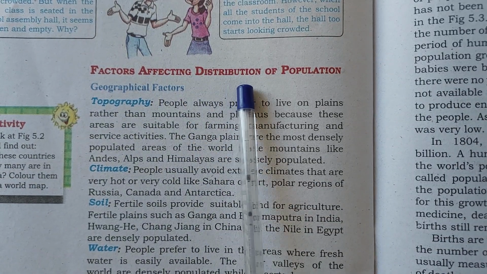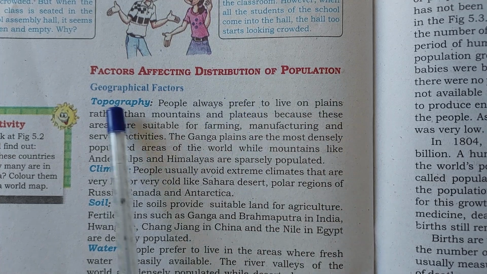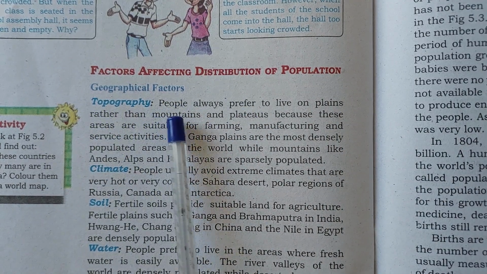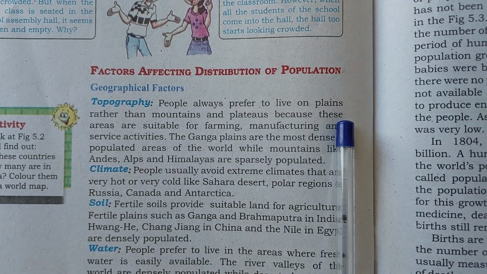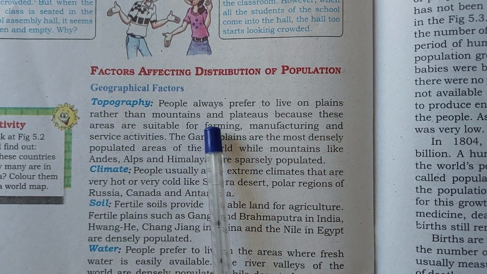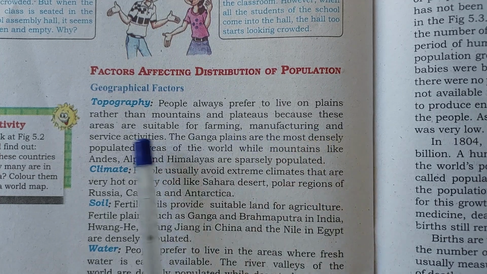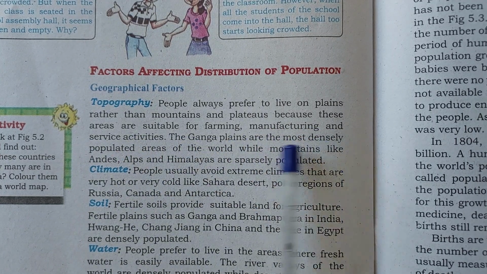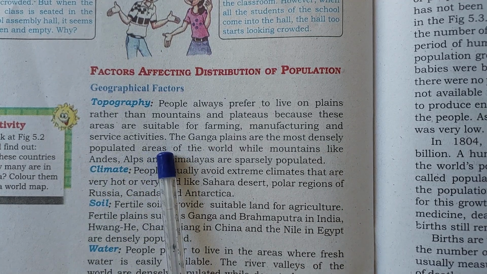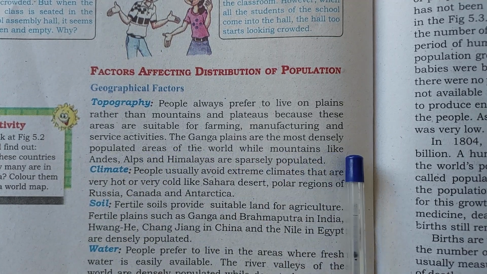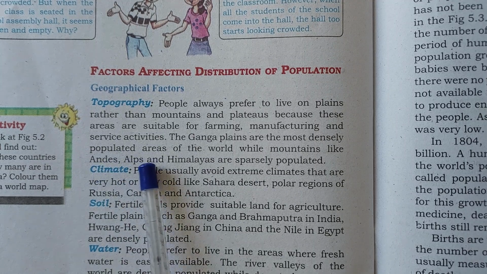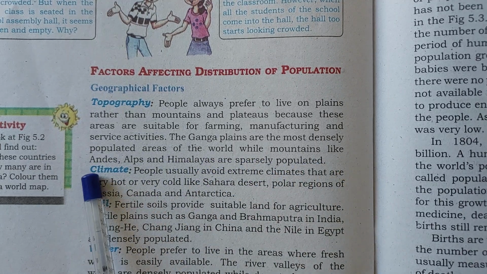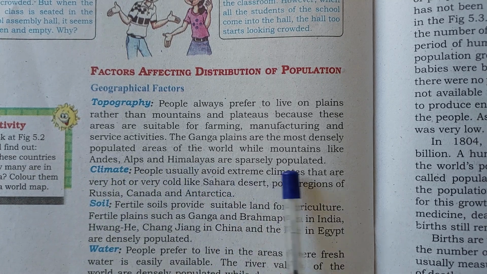Factors affecting distribution of population. Geographical factors. Topography. People always prefer to live on plains rather than mountains and plateaus because these areas are suitable for farming, manufacturing, and service activities. The Ganga Plains are the most densely populated areas of the world, while mountains like Andes, Alps, and Himalayas are